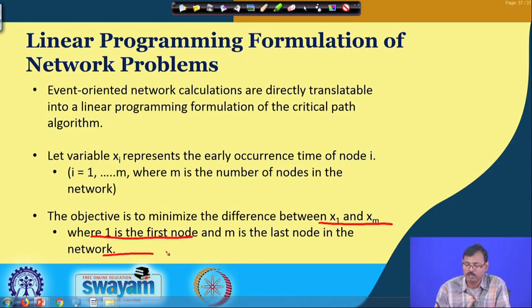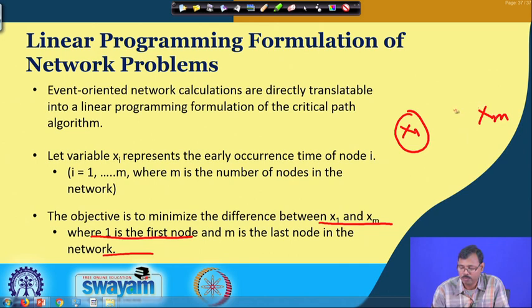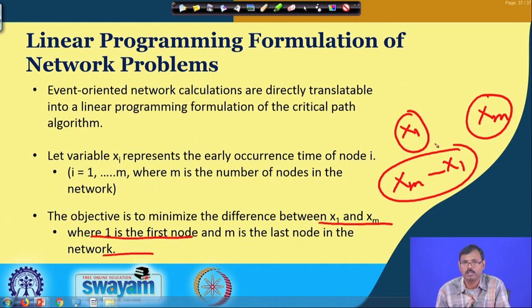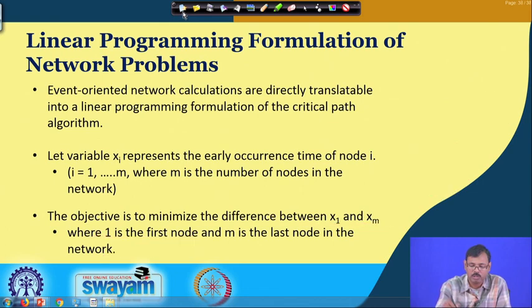Our intention is that, given x_1, we have to calculate the early occurrence time x_m through the different paths, and our objective is that x_m minus x_1 must be minimum. That gives us the earliest possible time for the completion of the project. So, in that case, if you formulate it,